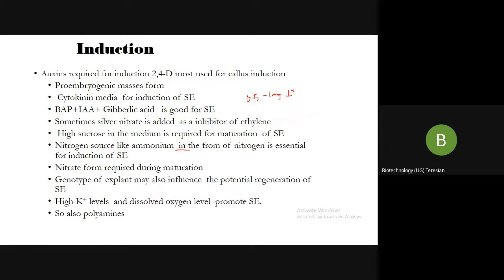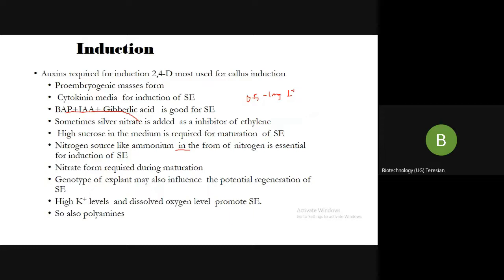For auxin supplemented media to induce embryogenesis, it must then be transferred to the cytokinin media. You have induced your somatic embryo. Now it has to get matured, it has to undergo development. So what you are going to do is transfer it into a cytokinin media. Your cytokinin can be zeatin, but I told you that BAP is more commonly used. It is most commonly used in this combination: BAP, IAA and gibberellic acid is very good. And